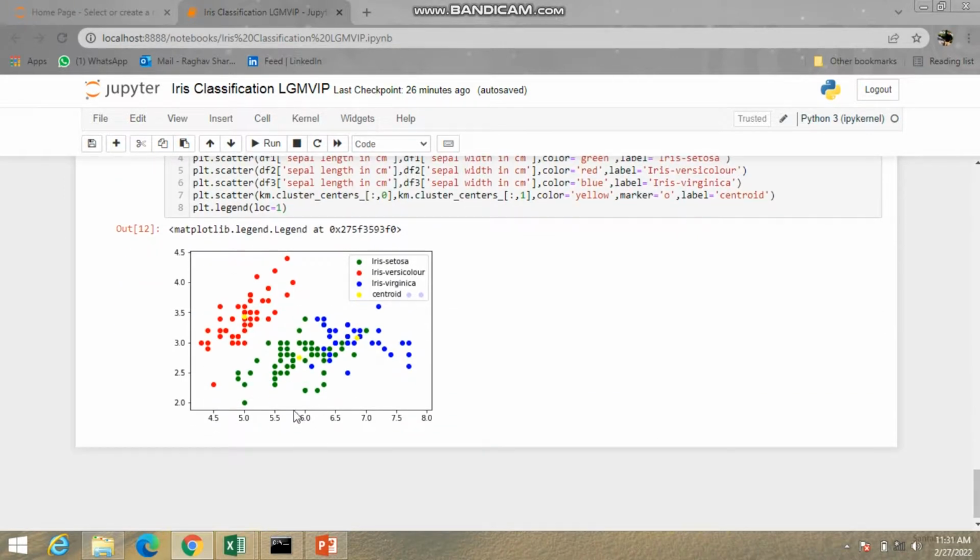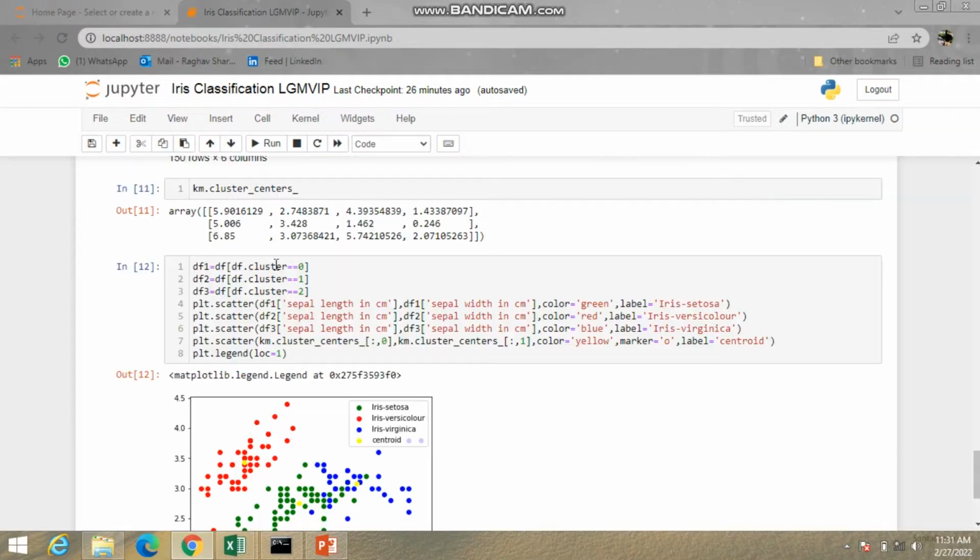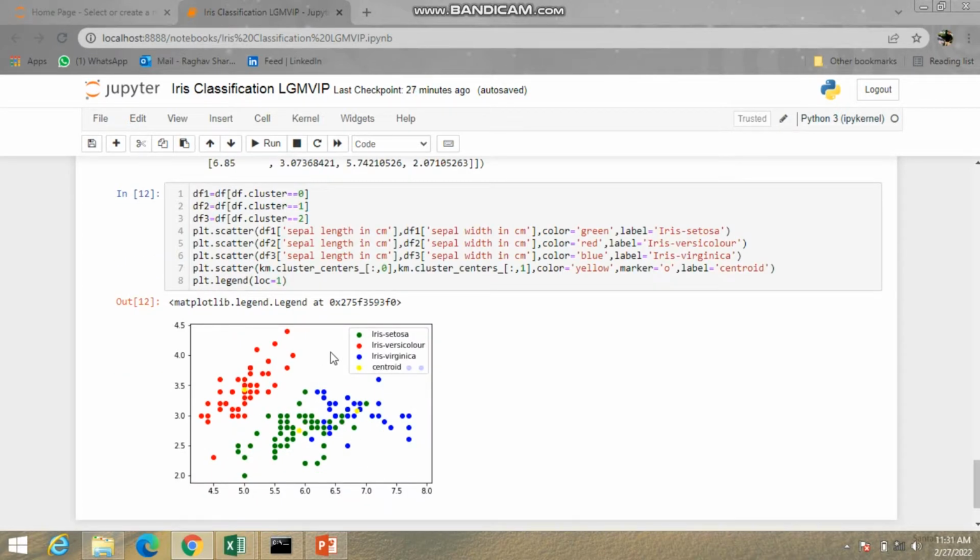Yes, the second goes for around 5.9 and 2.6, I guess. So it's 5.9 and 2.7. Yes, because I haven't mentioned the grid here. If I would have mentioned it, it would have been more clear. But still, I believe you are getting what I'm trying to say. The third, my cluster center, the position of the centroid, the x and y coordinates, should be around 6.8 or 6.9, and following this it should be around 3.0 or 3.1 something. So it's 6